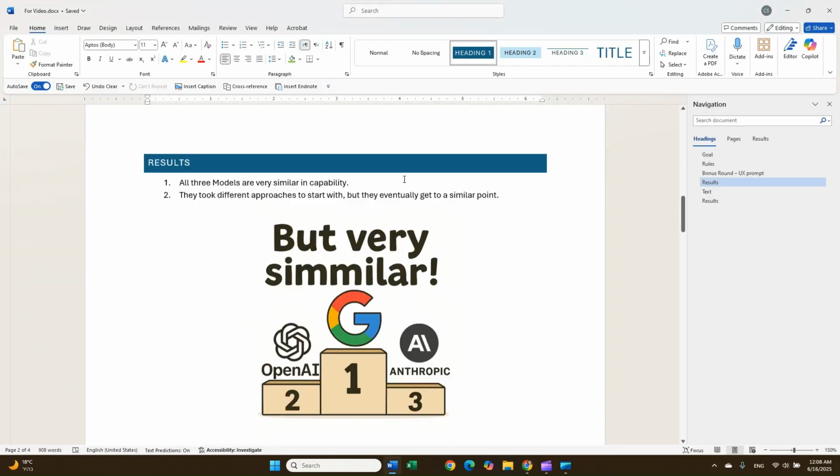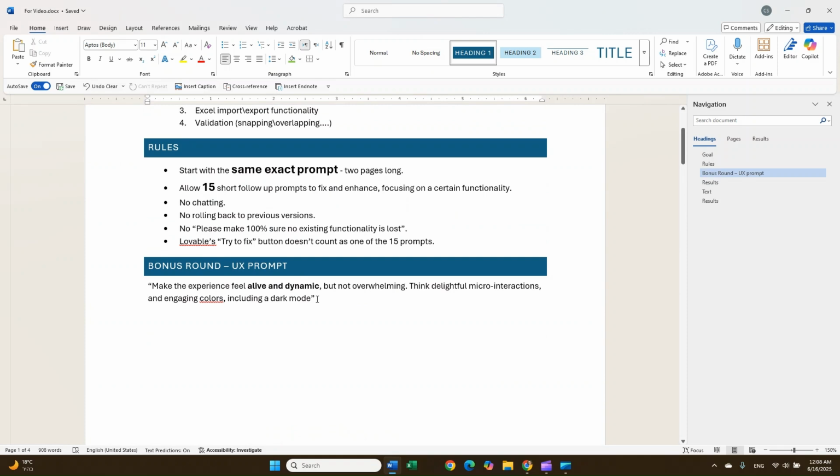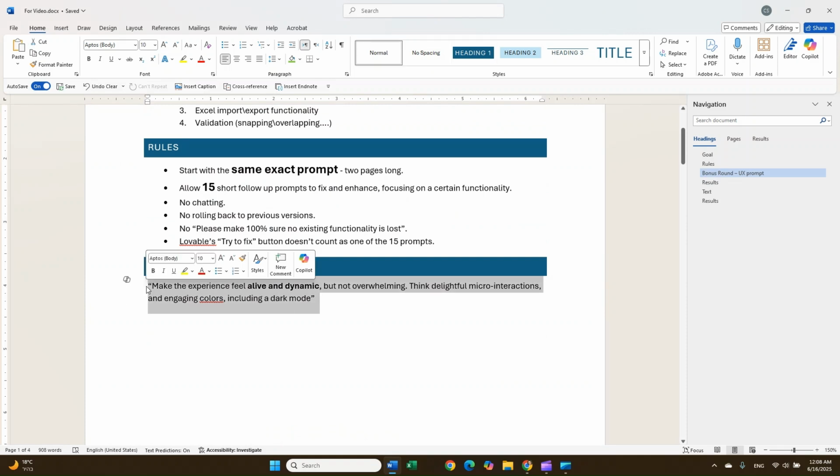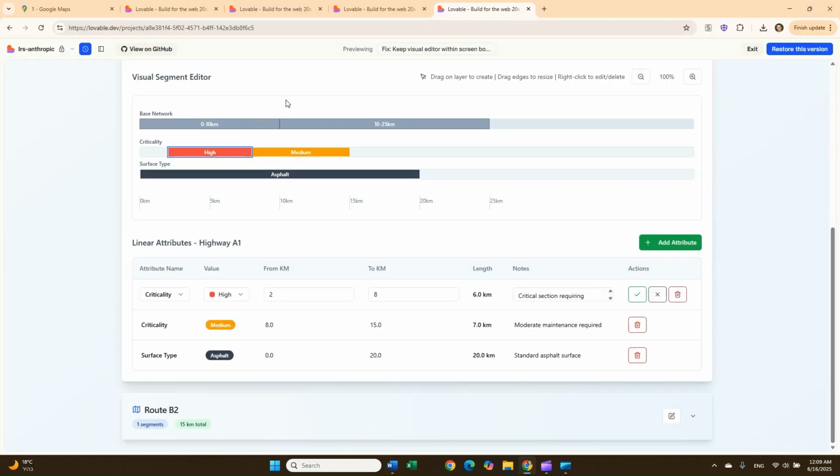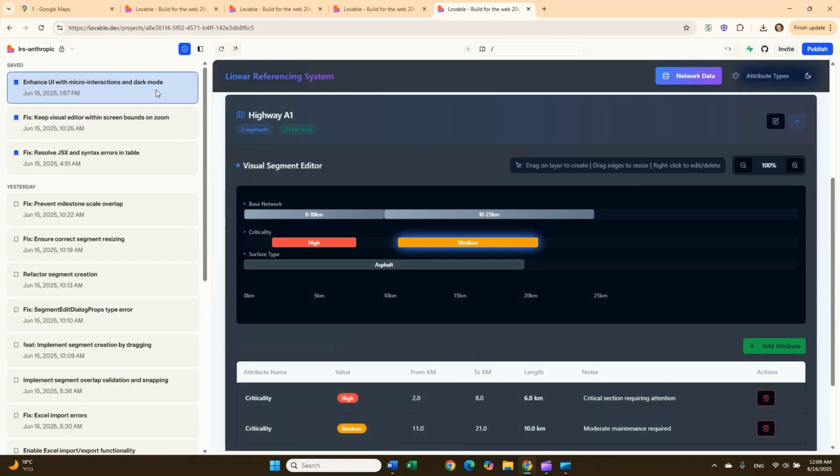Finally, as I mentioned, I asked all models to be creative, and that is especially challenging yet for these models. And I can basically say that Google and OpenAI were extremely conservative to the point that I could barely see any visible changes. I do want to point out Anthropic for at least trying, even if the result was sometimes a bit kind of funny. So if I jump to Anthropic and move to that version with the micro interactions in dark mode,